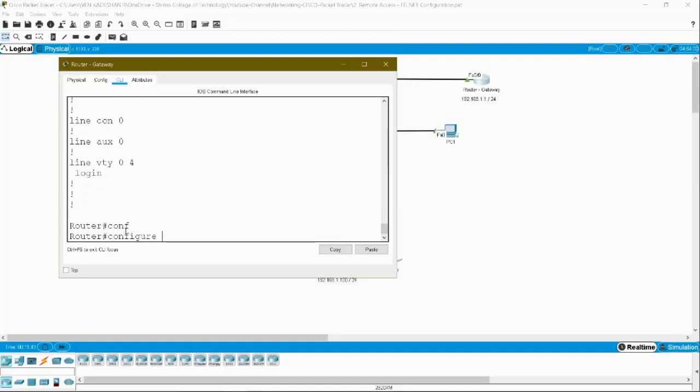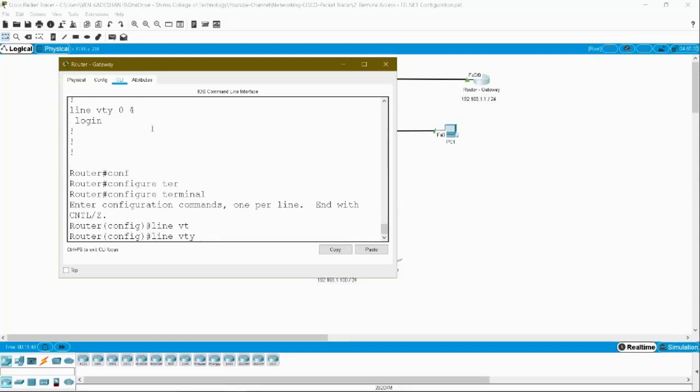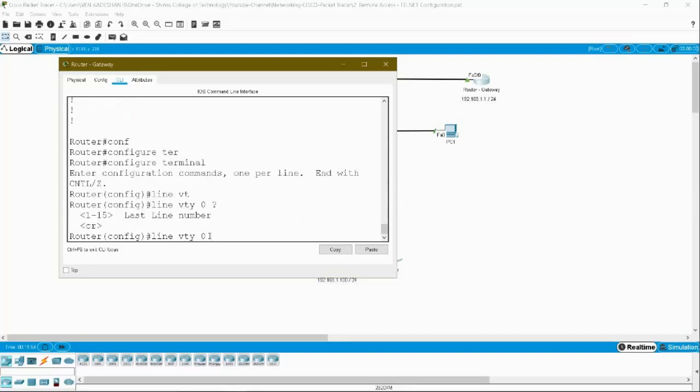So configure terminal. The first step, line VTY. Here you have 0 to 4. Actually it starts with 0, and if you give a question mark, the maximum you can give is 15. So here I am giving 4.